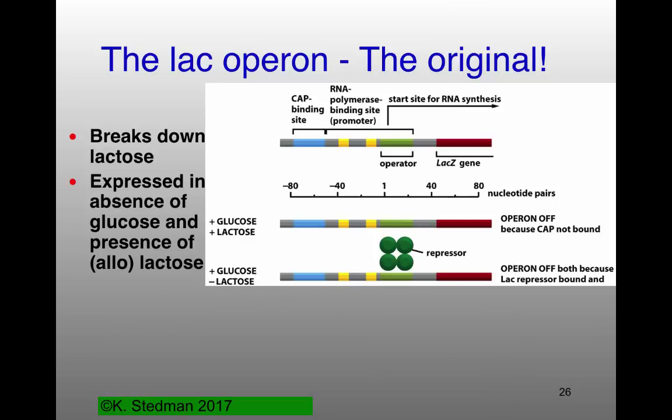The classic example of regulation is the lac operon that Jacob and Monod got their Nobel Prize for, even though they didn't know what was going on. All that they knew at the time was the lac repressor. So you have a protein that binds to DNA, blocks the binding of the RNA polymerase. This is classic negative regulation. So binding of a protein that blocks the association of your transcriptional machinery.